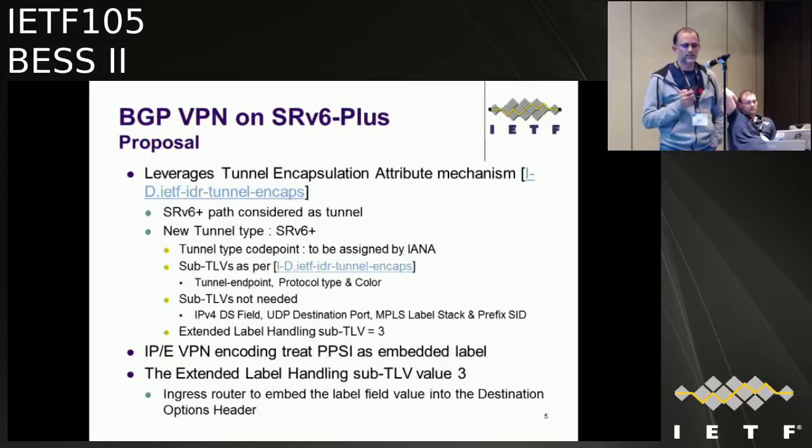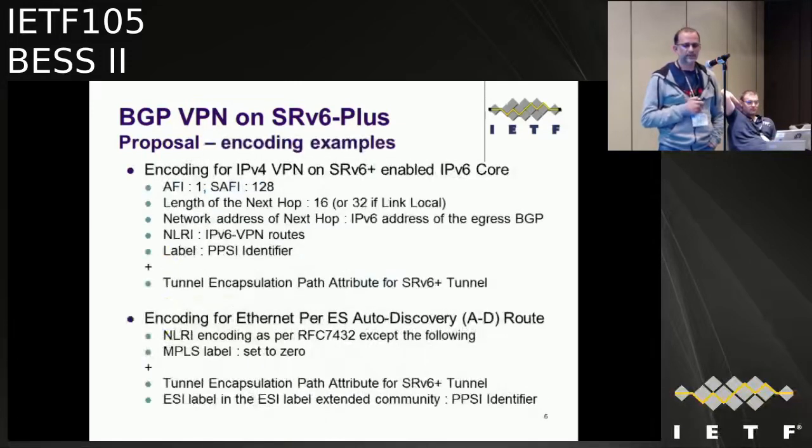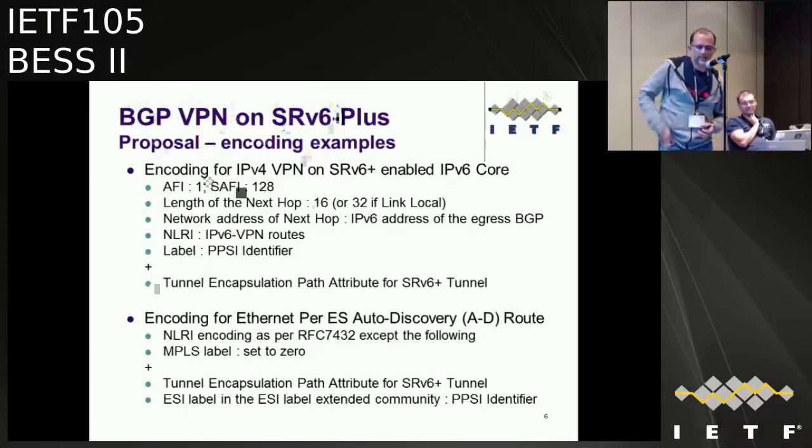So in other words, the L3 or EVPN encoding treats the PPSI as an embedded label. Some encoding examples, I've only taken two: the AFI-SAFI 128, as well as the AD route on the EVPN side. You can clearly see that all others are maintained except when it comes to the label field, you embed the PPSI identifier. And along with that, you will be sending the tunnel encapsulation path attribute where you say the SRv6